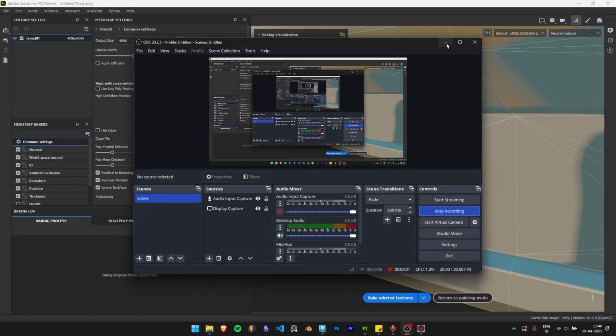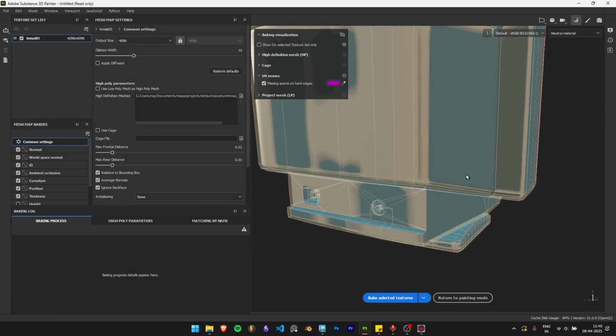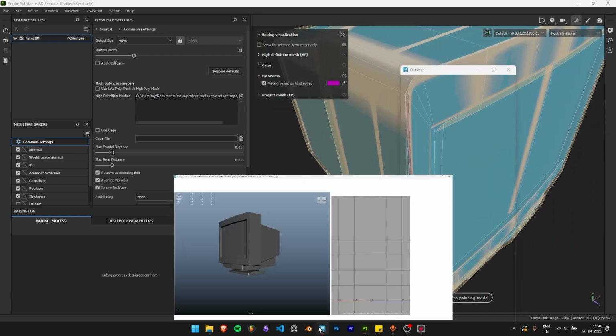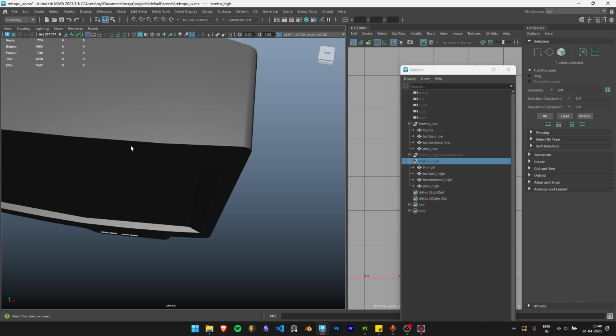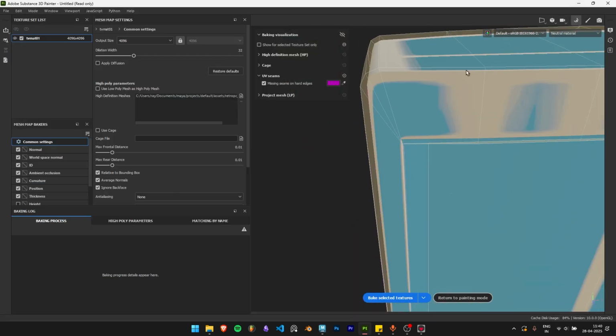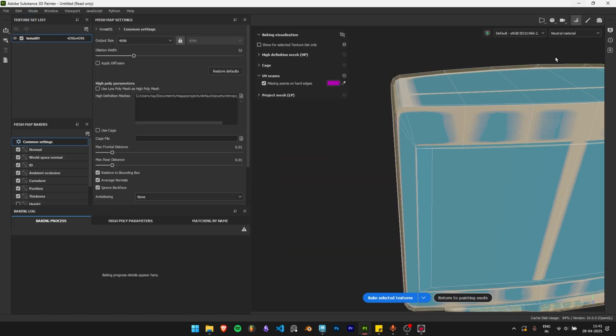Hello, guys. In this video, I'm going to demonstrate my baking process for props like this. So I've got this asset here, low and high poly versions. First, I import the low poly version to Substance Painter, and then I go to the baking tab